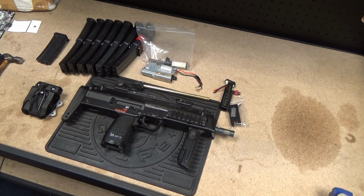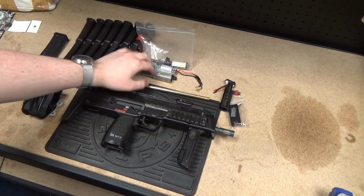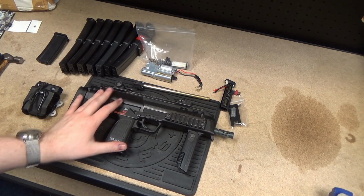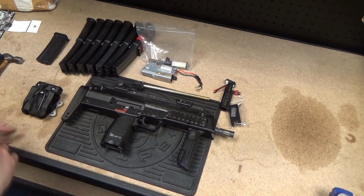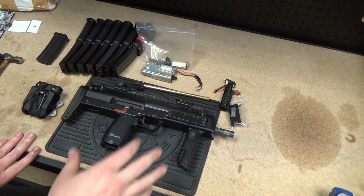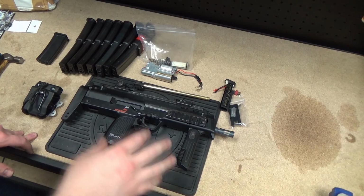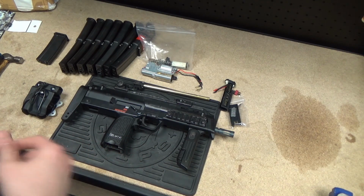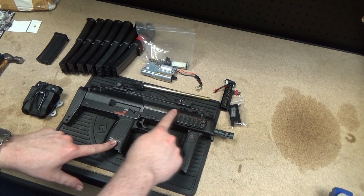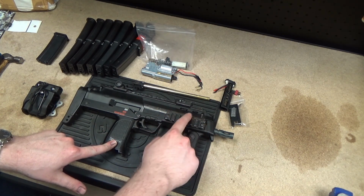Now, to get started, while we're waiting to source bits like the gearbox, we've ordered some upgrade parts for this, loads of nice little shiny bits and pieces. As we wait for those to get here, because it's obviously going to be a while, we're going to get started on pulling out all the electronics, stripping this thing down, ready to start putting upgrade parts in, sorting the wiring out. We're also going to convert this to run on lipos in the actual handguard section,